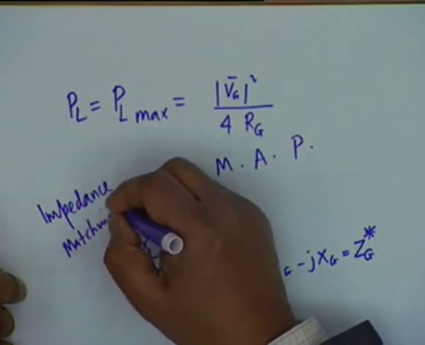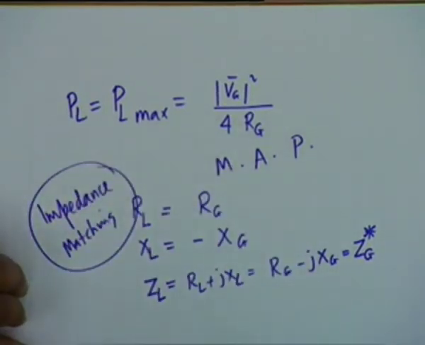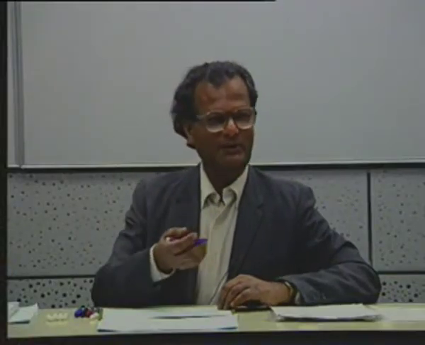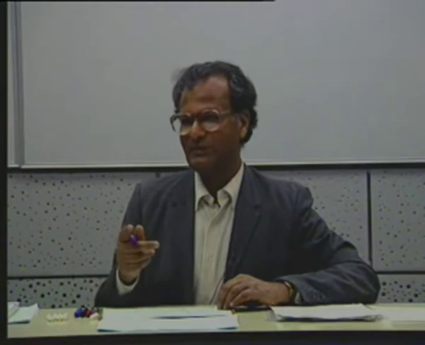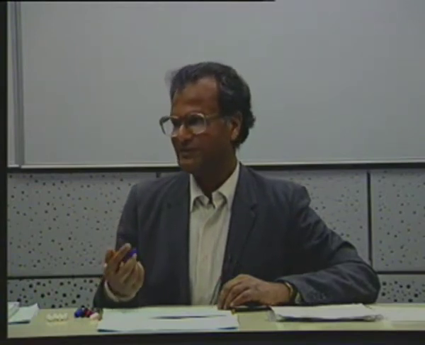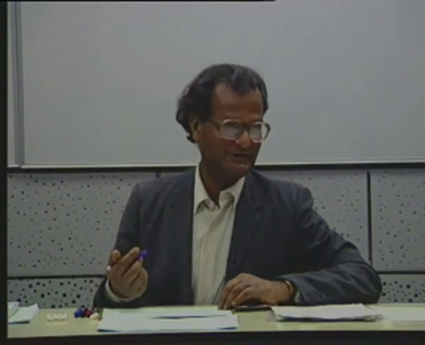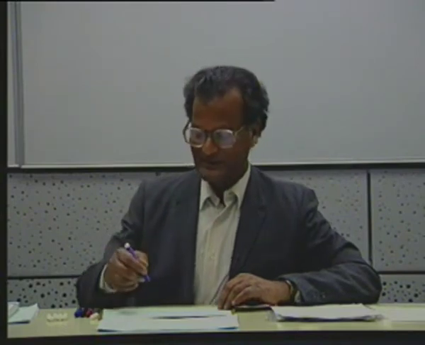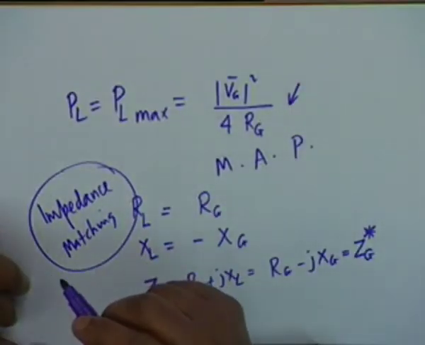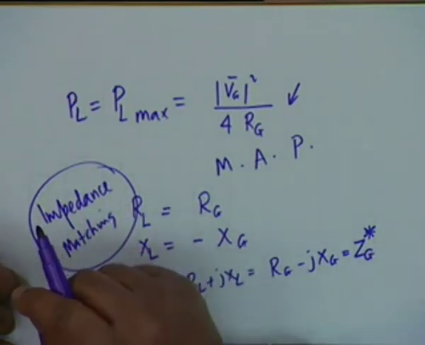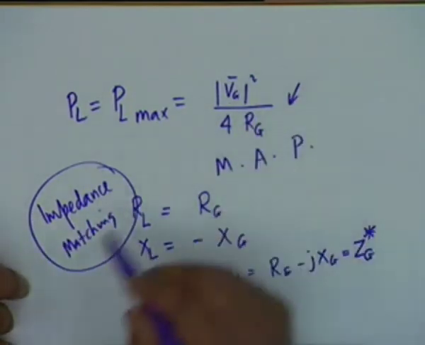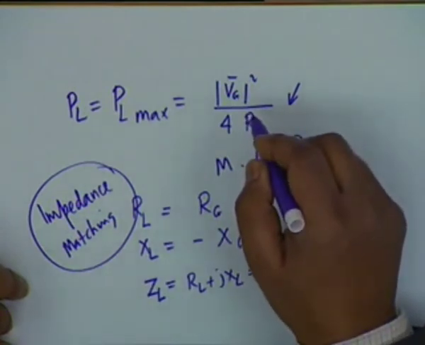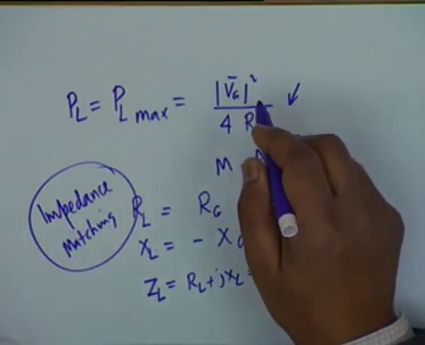Impedance matching is not of importance in, for example, lighting of this room or in drawing power for the refrigerator. You don't match the impedances. Why? Because what is of concern there is efficiency. In such cases where maximum power is required, we don't care about efficiency. What is the efficiency under this condition when maximum power is being drawn? The maximum available power is this. An equal amount of power is being absorbed in the source.